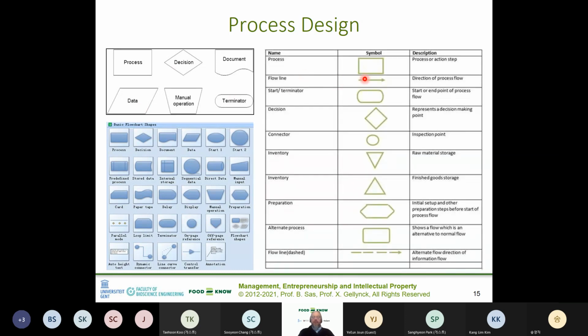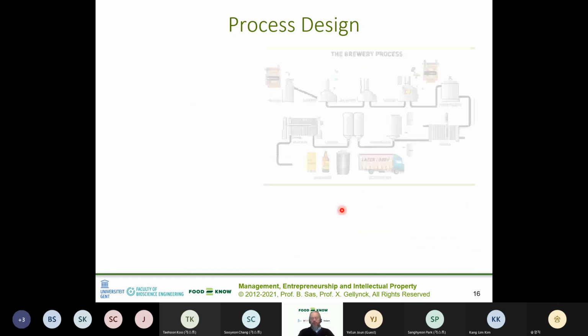Here you see more examples. Start, the beginning of a process. This decision, inventory out, finished goods in, and so on and so forth. You can of course do it more in